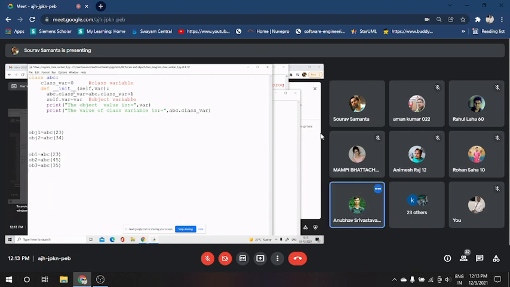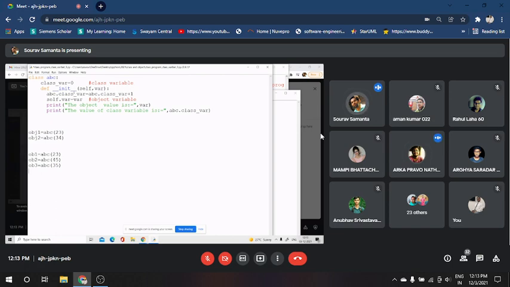Initialization. So basically, it is working as a constructor. Whenever an object is created, it will be initialized with some value, right? So at that time, whenever I am going to create the object, I will call ob1 equal to ABC(23), right? And immediately this particular statement will be invoked, ABC dot class_var equal to ABC dot class_var plus 1, right? And the value will be incremented. Let's take the example.